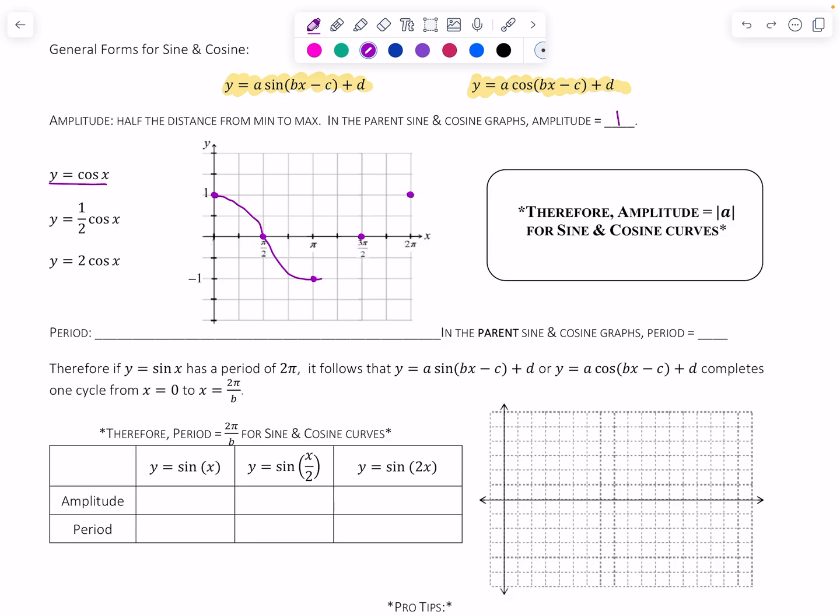Not really happy with that one. Just kind of come through this one. There we go. All right, so that's our cosine,